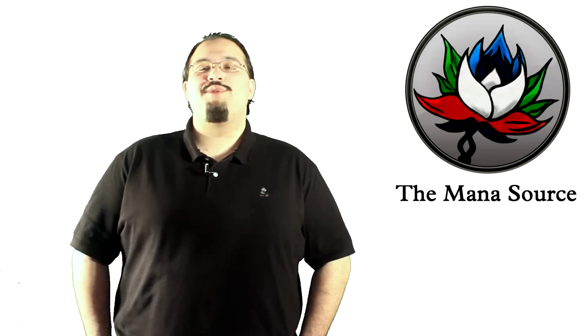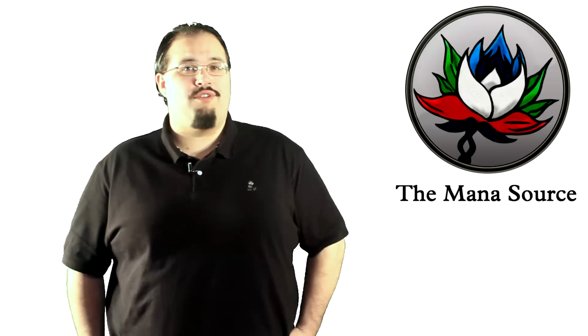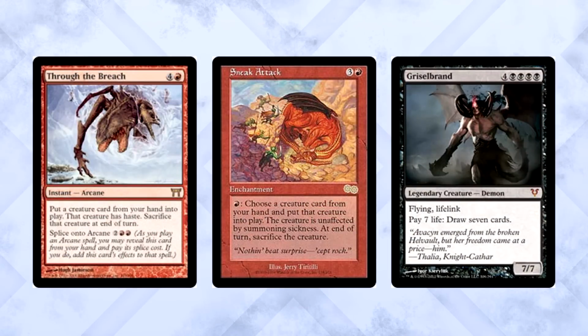While these are the three most expensive cards in the set, Champions of Kamigawa has actually produced a high number of expensive and eternally powerful cards. Besides what I just named, the set also brought Kiki-Jiki into the world, a staple in its namesake Kiki-Jiki Court of Calling deck as well as a powerful card in Splinter Twin before the banning. Champions also brought Through the Breach, an incredibly impactful card in Legacy Sneak Attack strategies, as well as Griselbrand